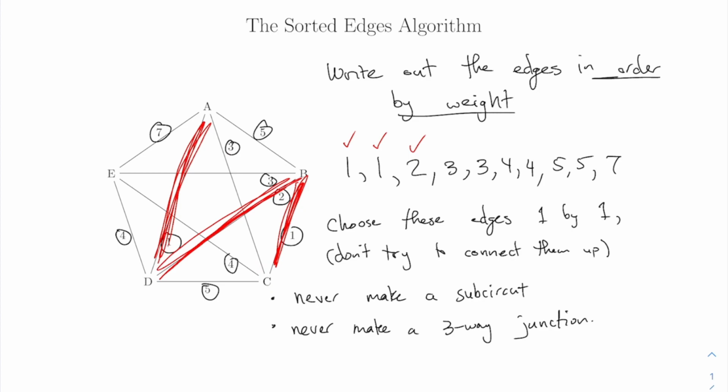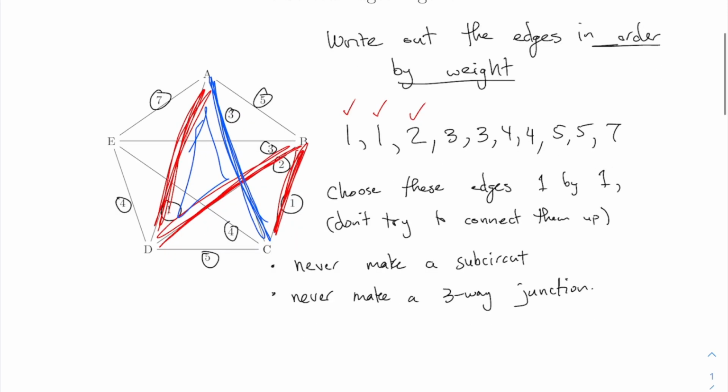Maybe you're concerned that this makes a subcircuit, like right here. Is that what you're thinking? That actually doesn't count as a subcircuit because this is not a vertex here, right? That doesn't actually make a circuit of vertices. It's just on this picture the lines are crossing, but that's okay actually. It's okay to cross the lines over. It is not okay to, actually this one,